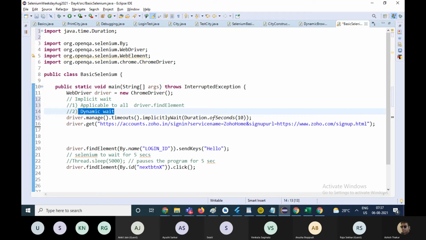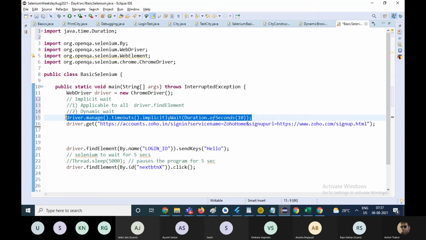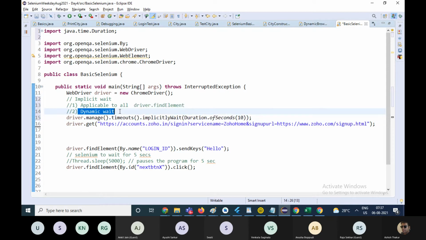What do you mean by dynamic wait? It basically tells that if the element is not found, Selenium will keep on finding that element for 10 seconds before throwing the error. But if the element is found in the third second, then Selenium will use it and move forward. It will dynamically wait.